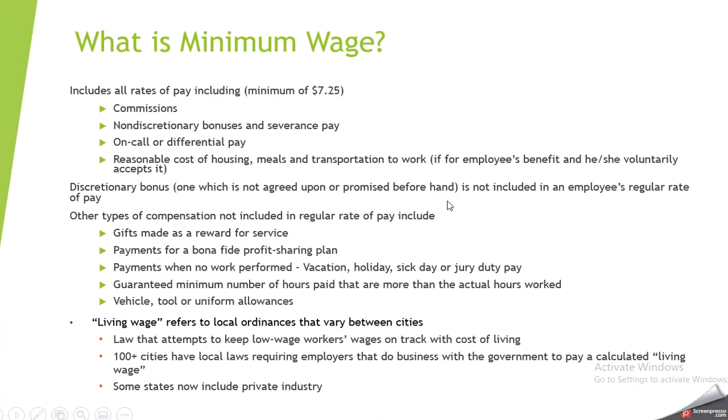So what is minimum wage? The minimum wage, at least at the time that the textbook was published, was $7.25 an hour, and that covers a variety of different things. You can see the listing there. I think the most common is just the wages that you're paid, but it could get into commissions, severance pay, bonuses, differential pay. If you work at a factory or a hospital, sometimes they'll pay you more if you work the midnight shift or the afternoon shift. But that's all going to calculate into that minimum wage amount.